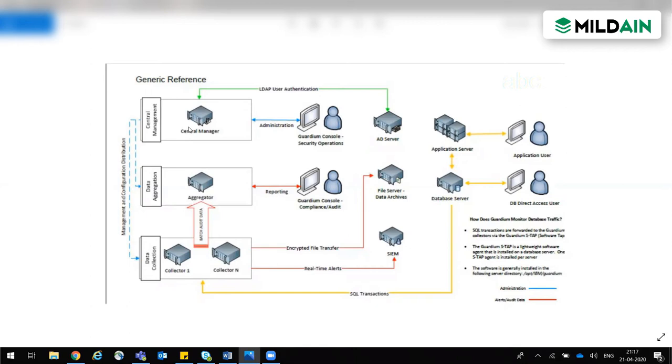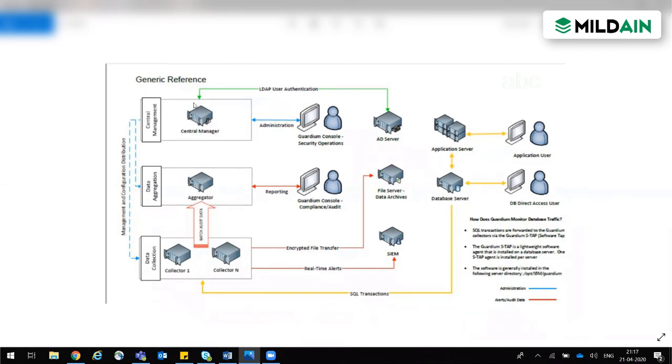Suppose you have an account, and your account can work for audit purposes. But if I assign a role of admin, then you become an administrator, right? Similarly, a central manager is an aggregator. The only thing is we assign the role of CM to an aggregator, then it becomes a central manager.